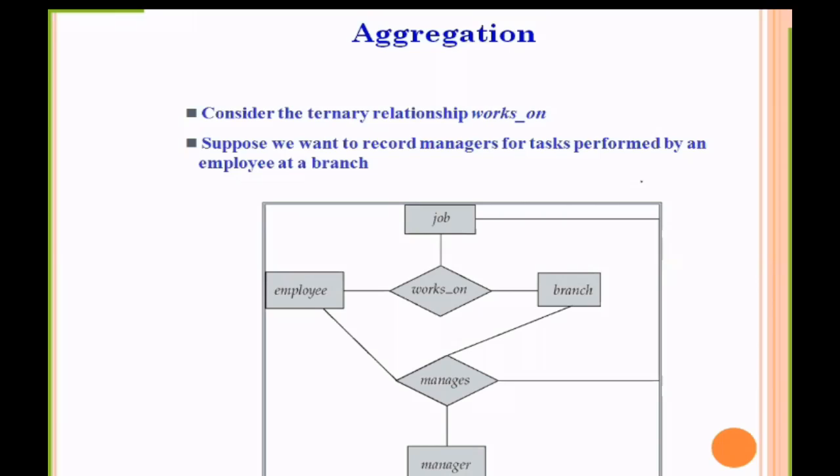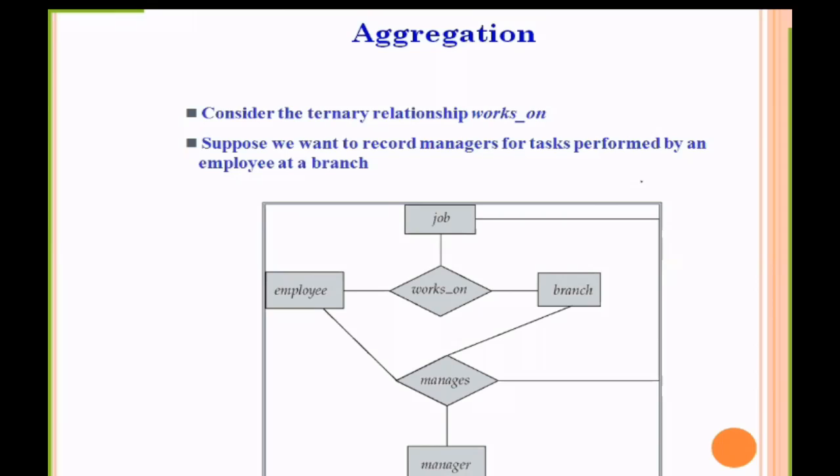Suppose we want to record managers for tasks performed by an employee at a particular branch. So manages is also a relationship, but it is not a ternary relationship. In this manages relationship, four different entity sets are applied here.